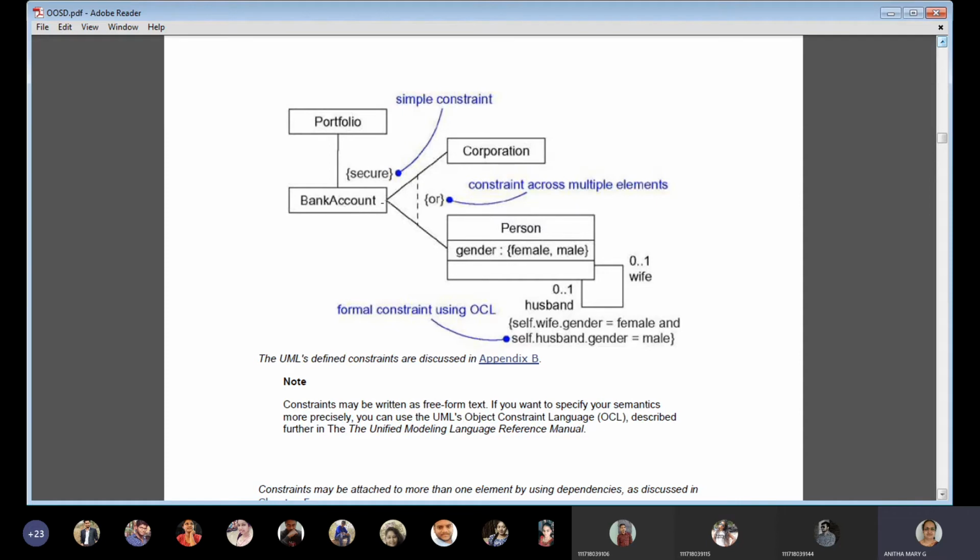The next thing, bank accounts can be a corporation bank account or a personal bank account. Corporation means maybe the college accounts or organization accounts, some industrial accounts. Personal means it is with respect to individual accounts.